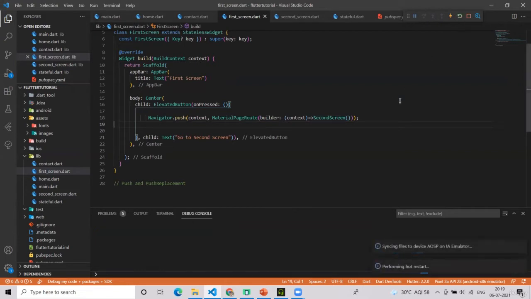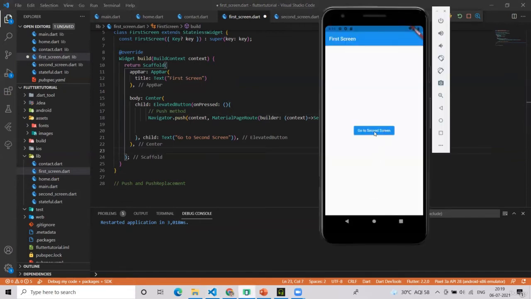Let's see, is it working? And just remember, here we are using, I will just write push method, because there is a difference between push and push replacement. I will just click on go to second screen and see, second screen is there. So this is the first time we are using multiple screens from one screen to another.